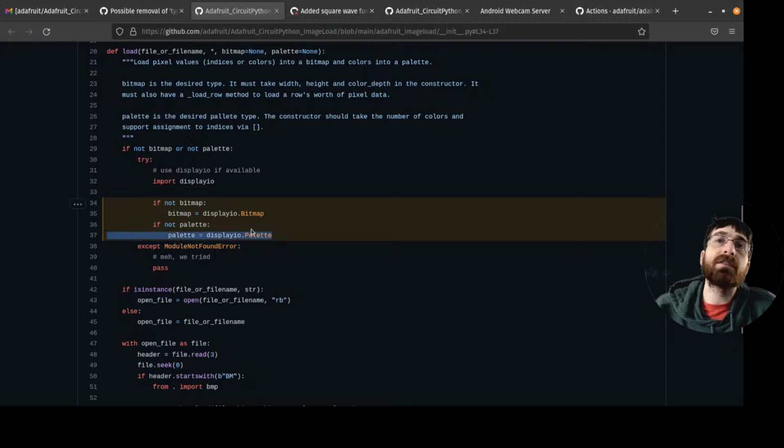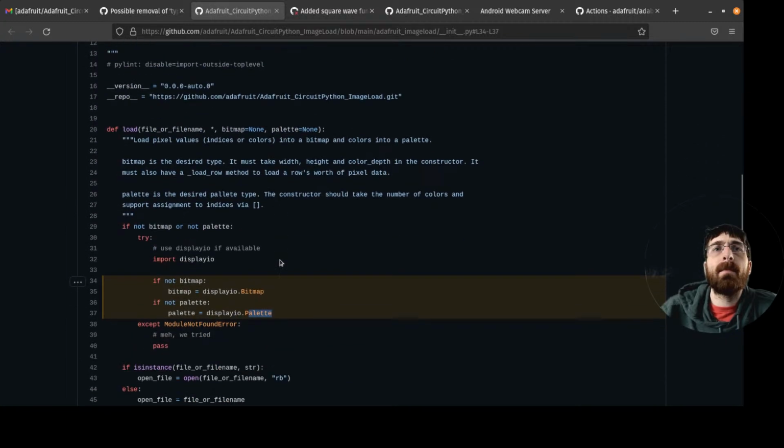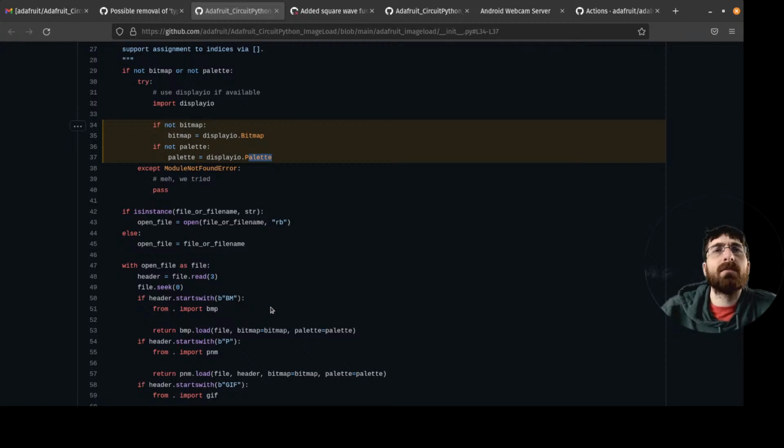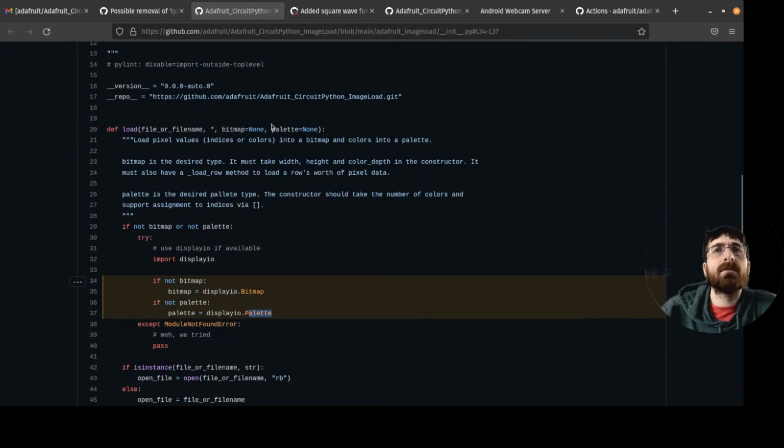Oh, okay. The initializer. Not like, well, I mean, it's still a function, I guess, but. Weird. Hmm.